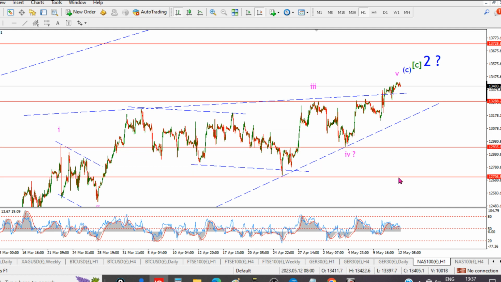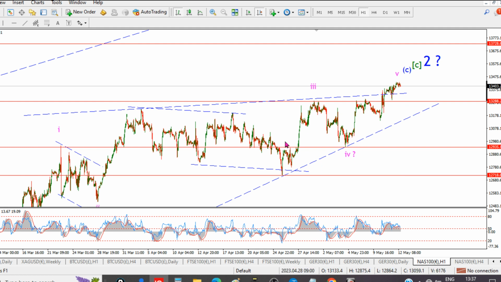So I would look for a break below this corrective band here. That's also the wave 1 high also. So we have a wave 4 low and a wave 1 high at 12,930. So watch for a break at 12,930, an impulsive move, and that will signal that the NASDAQ has cracked